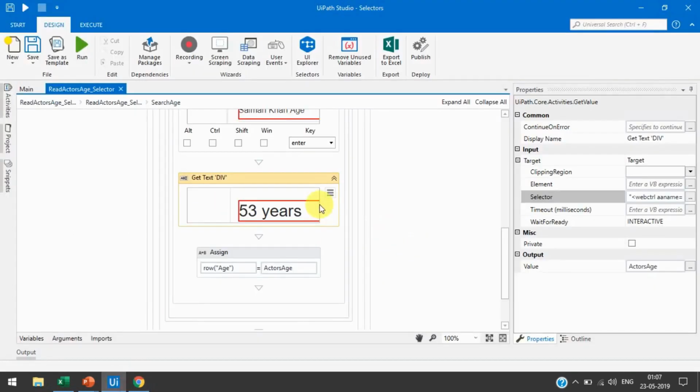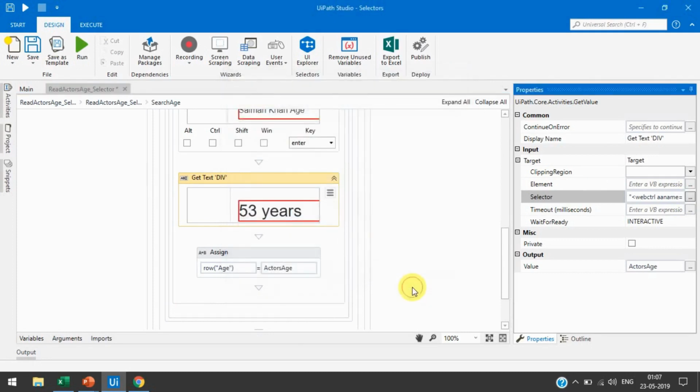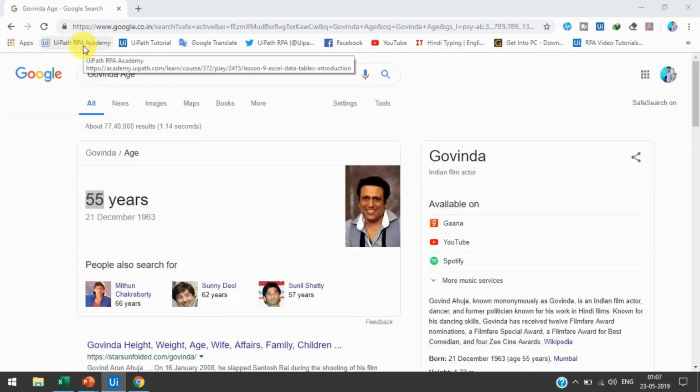What can we do? Let's go to the selector here from the properties panel, and now here in aaname we can remove this, or we can replace this with star. We just need to write here star and just press OK, and now if we run this, we will not be getting any error. So let me run this, and now we will see here.